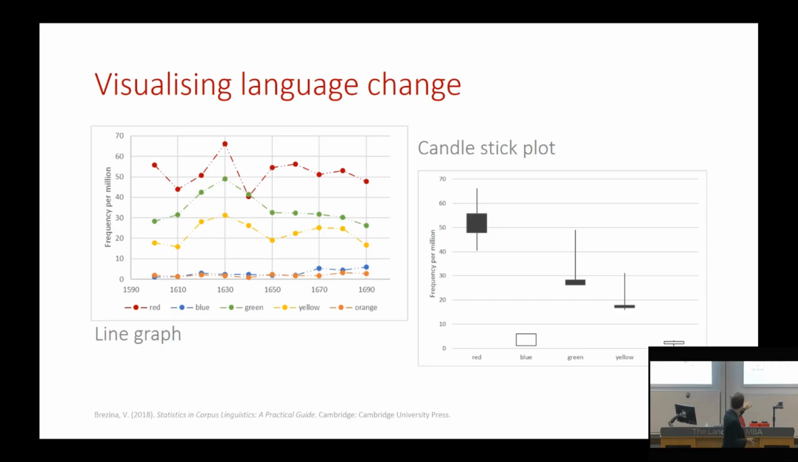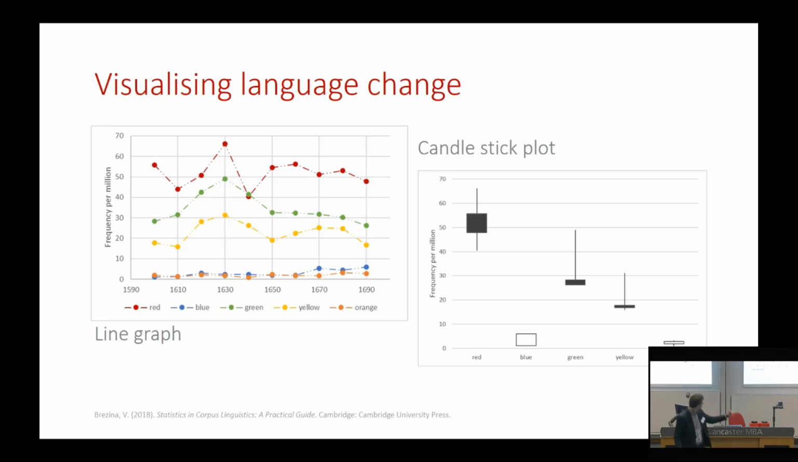So there are two things that you can see here. One is a line graph and one is a candlestick plot. And as I said, with visualizations, we can be fairly creative, right? We want to find ways which help us display the content, which help us display the patterns in the data. The line graph is probably something very obvious. We have color terms, and on the x-axis, we have 1590 to